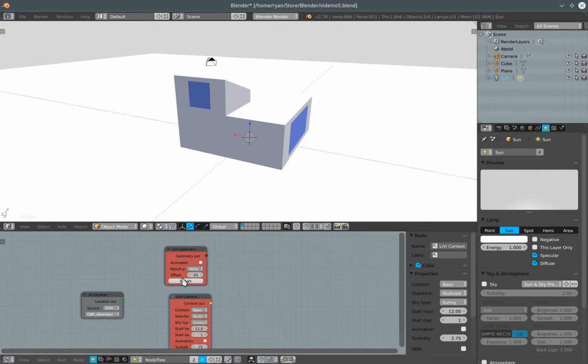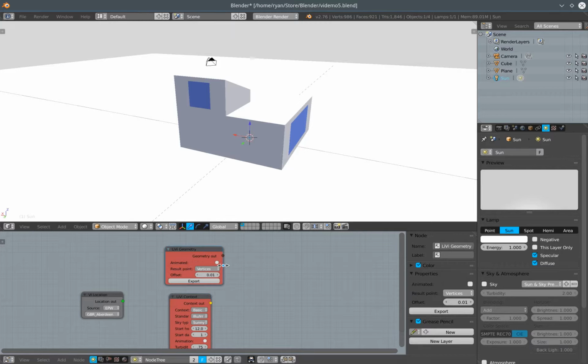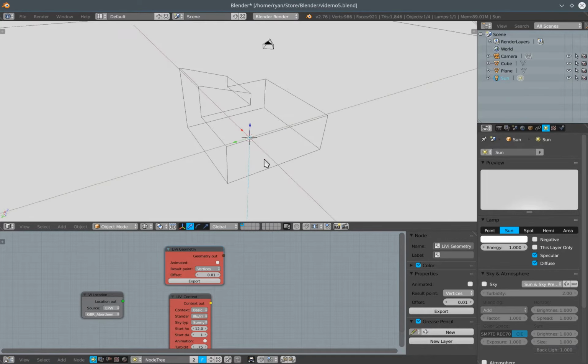So the LiVi geometry node has a few options. If we set up an animation in Blender, then we could get the vSuite and the Radiance simulation backend to calculate results for each frame of that animation. But I'm not going to do that here. I'm just going to leave that turned off. We can also select for our sensing geometry whether we choose vertices or faces as the points of interest in that sensing geometry. Now that I've seen that menu item, I have remembered something very important, in that we do